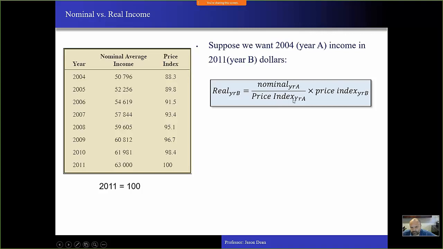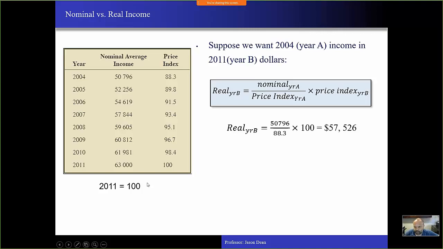Then we multiply it by the price index in year B. The price index in year B is just 100. So basically, we're just putting this into 2011 dollars. Since this price index is based on 2011, you can just take this and divide it by 0.883 and you'll get it. So we take 50,796 divided by 88.3, and then multiply it by 100, and we end up getting